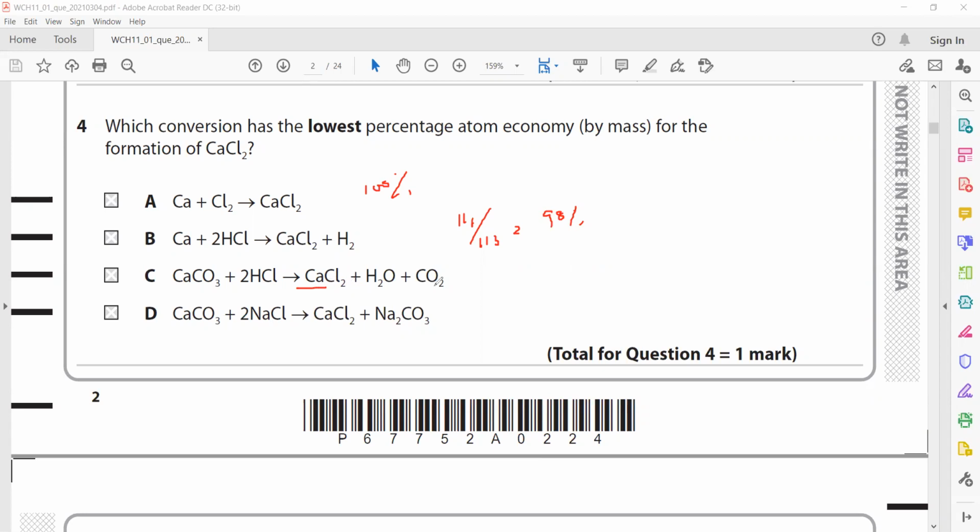For calcium chloride, this is 111. The total mass of the products: 111 plus water is 18 plus carbon dioxide is 44, so the total is 173. So 111 divided by 173, multiplied by 100, will be 64%. And 111 divided by